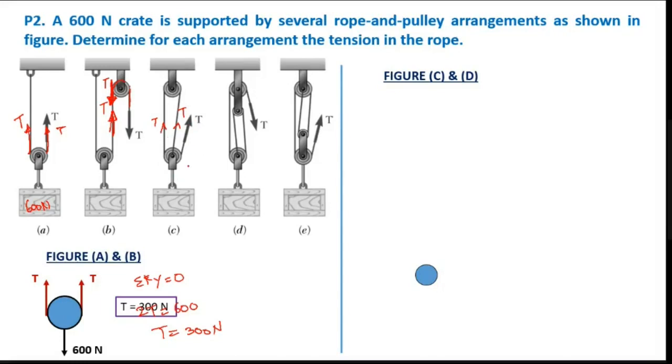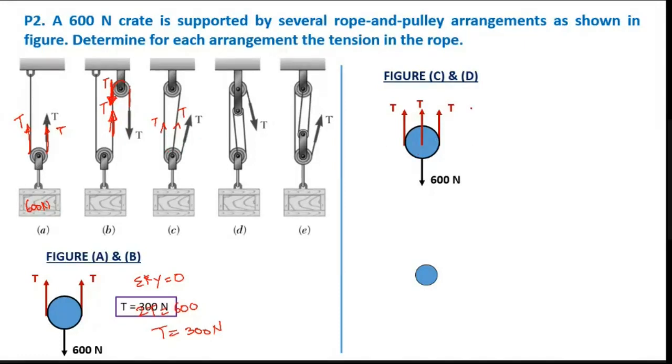How do I have to write the free body diagram here? You will draw a circle, right? One force is acting downwards, which is 600 Newton. The other three forces are acting upward. We assume that it is straight. Actually, it is inclined, but they are not given any value, so let us consider that it is straight. If it is inclined, then I have to use cos theta and sin theta to identify. Right? So let me assume that it is straight.